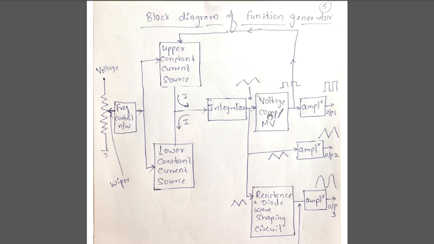Now this block is of the Schmitt trigger or the voltage comparator, where the minus reference voltage is already set inside. So the output of the integrator, when it is reducing in voltage, there will be a point when it will try to go less than the minus reference, and the moment it tries to go less than the minus reference voltage, immediately the output of this comparator goes high.